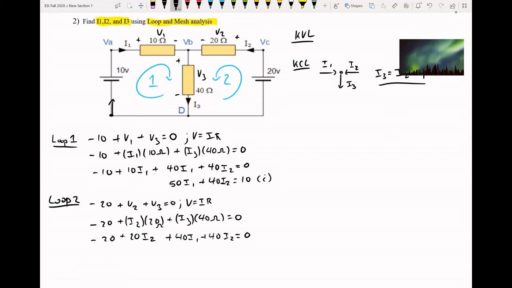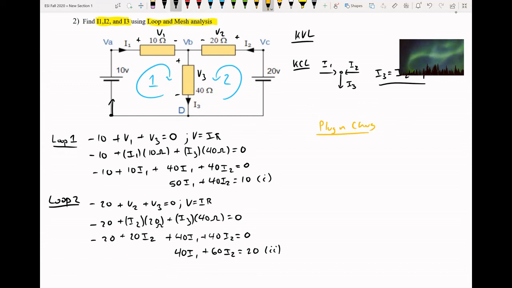And once we combine like terms, so 40 I1 plus 60 I2 is equal to 20, and this will be our second equation. Okay, so if we want to go ahead and use our plug and chug,